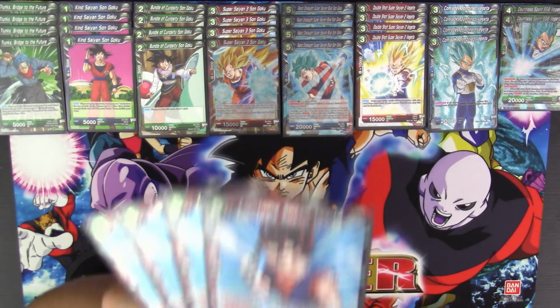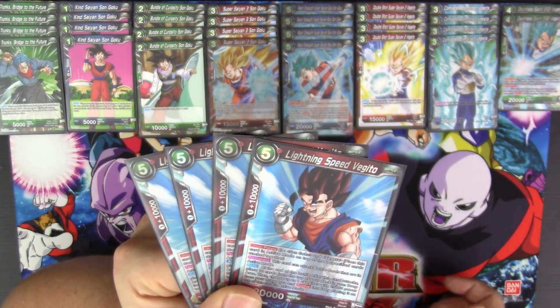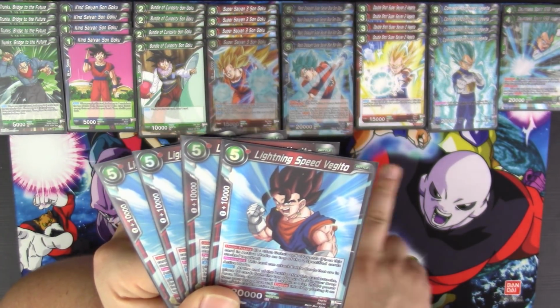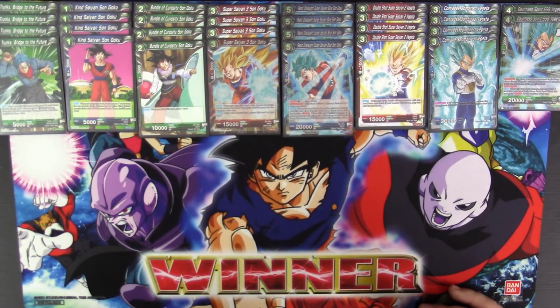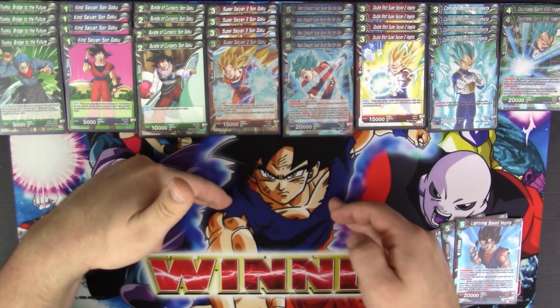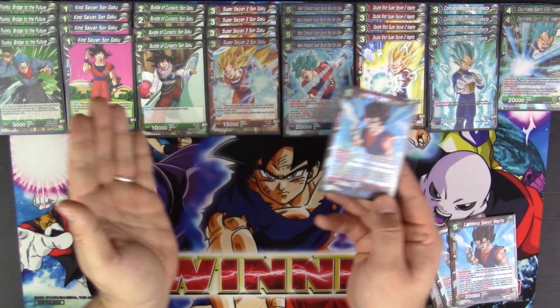So first we have 4 copies of Lightning Speed Vegito Union Potara 3. So you tap 3 energy and you take a Goku and a Vegeta in the battle area, put them underneath this one, and you can put this card in active mode. So even if you attacked, say you had Rapid Onslaught and Dauntless Spirit, right? You went ahead and attacked with both of them. They're in rest mode. You can tap 3, Union Potara, go straight into Vegito, put it in the active mode,